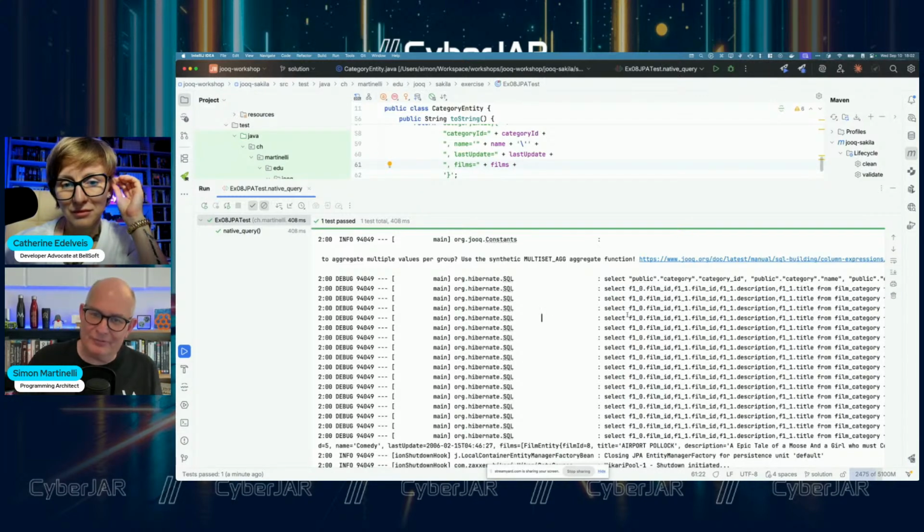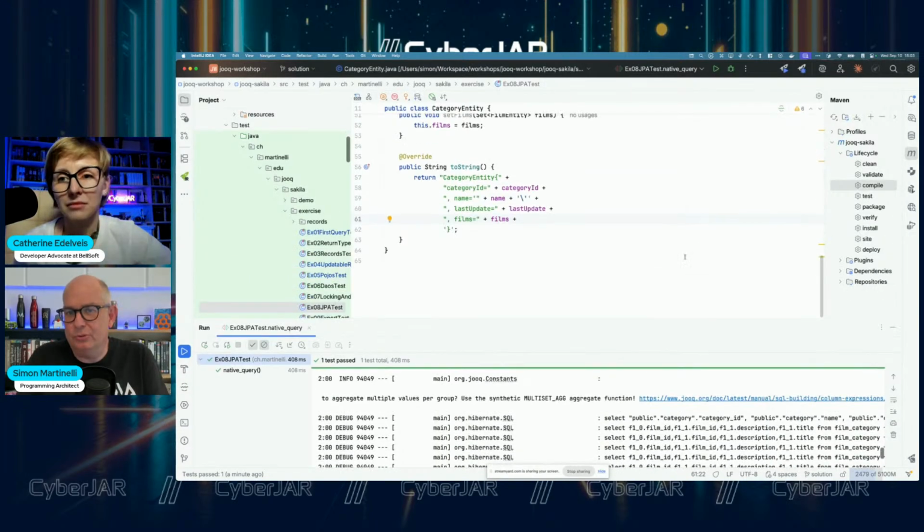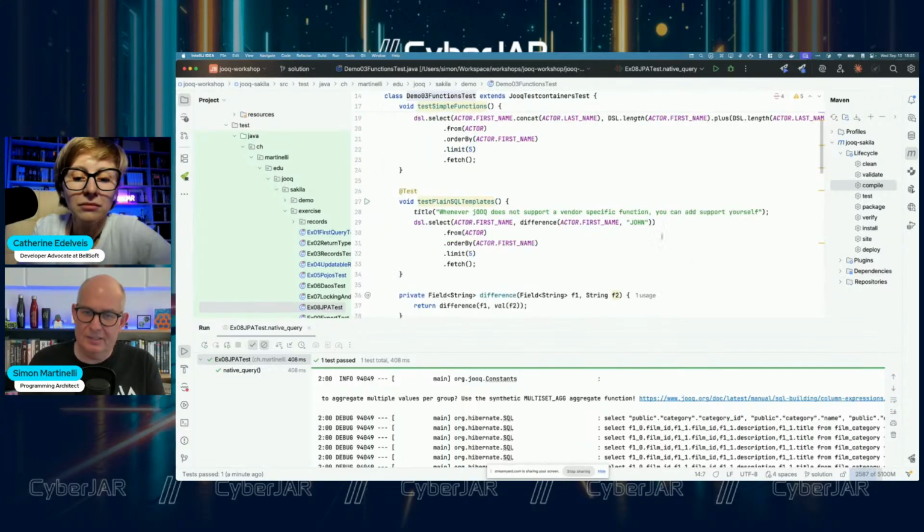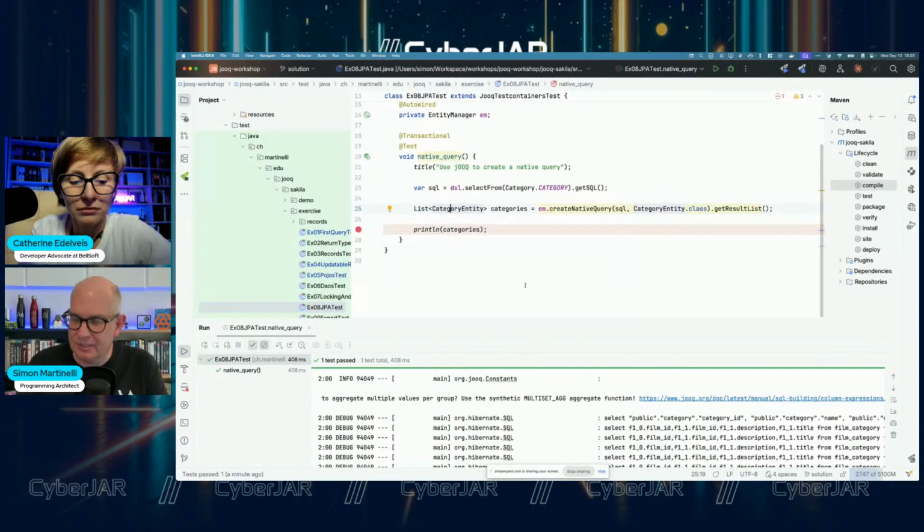So to get rid of the criteria API queries or get rid of the strings in your application, you just can use JOOQ to generate the SQL statement. And that's a very good combination. The question is, do you really want to do that? But as an intermediate result of your migration strategy, the mixing like this could be a good idea.